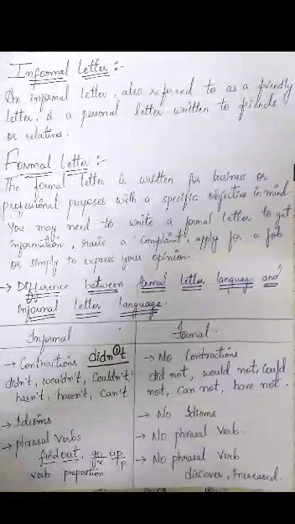Okay. Next is phrasal verb. This is another thing we find in informal writing. Now, what is a phrasal verb? It is a verb that has a preposition. Okay? A phrasal verb is a verb that has a preposition. Example, find out, go up. Here, find is a verb and out is a preposition. Go is a verb and up is a preposition. So, the preposition adds a different meaning to the verb.